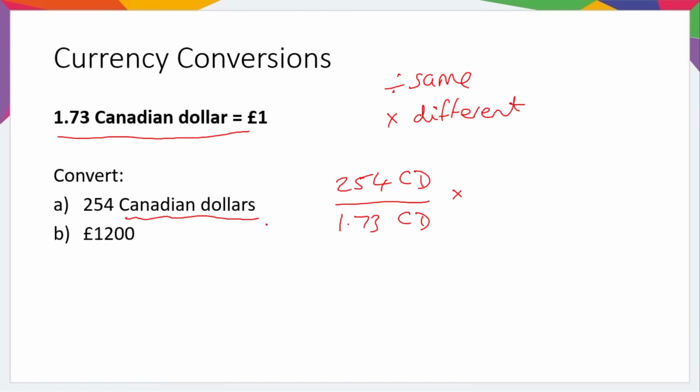And multiply by the different. Well, what's different to the dollars? In this question, it's the pounds, so we need to multiply by the pounds number, which is 1. So here, that's what I mean by dividing by the same, multiplying by the different. Dollars divided by dollars times by pounds. Of course, when you've got the number 1 in a conversion rate, you can often skip one of the steps. Here, multiplying by 1 isn't going to change the answer in any way, shape or form, but 254 divided by 1.73, you can multiply it by 1 if you want, but that gives us